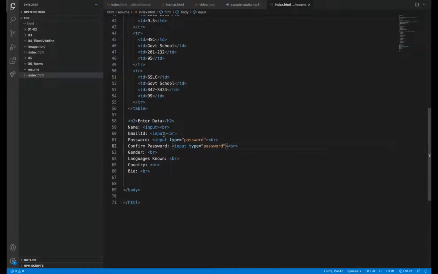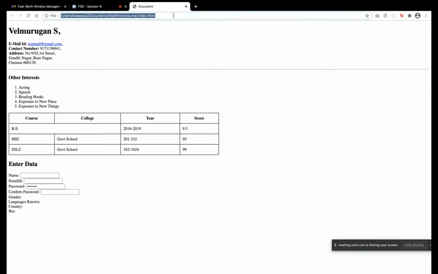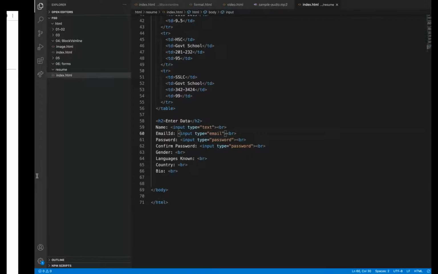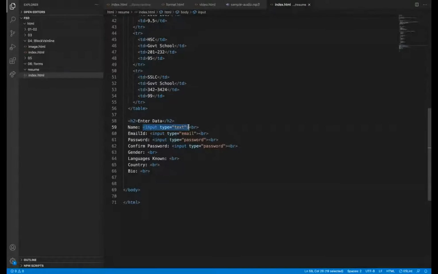So what should be the type for this? There is a type called type equal to text, and then type equal to email. Text and email do not differ much, but when we are working on validation, it will be helpful. Other than that, for now, whatever text we want to add, we can give in the type text. Email is for email IDs, but it will be helpful during validation. So password, 4 things we completed.